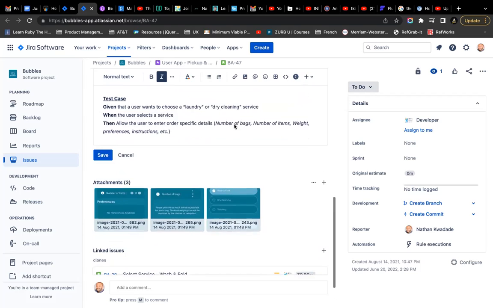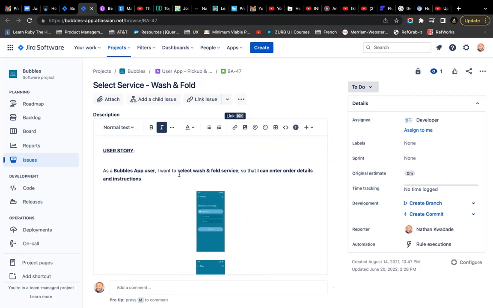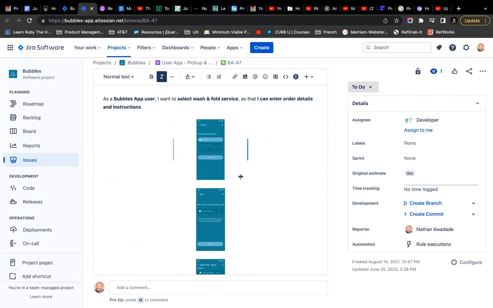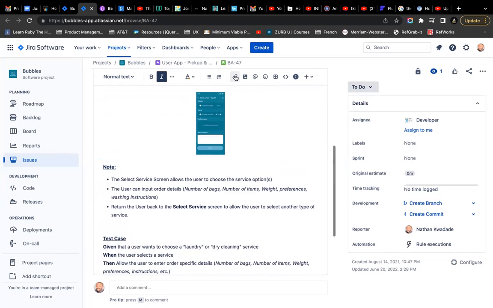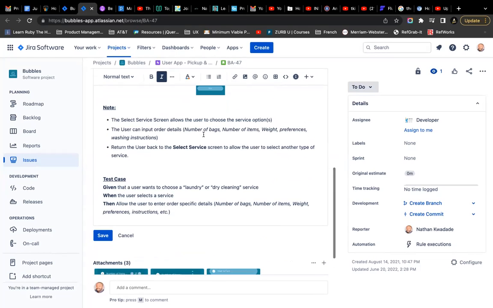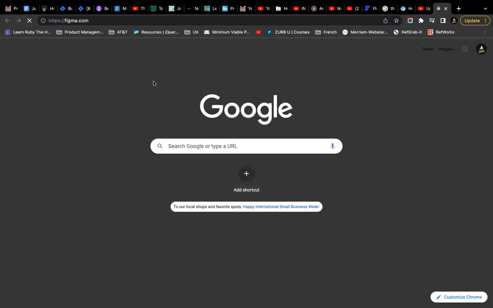So I write all these, so when the developer picks this up, they know, okay, this is what's supposed to happen here. In some cases, I can even be more detailed. I have a link to the design and all that, which maybe I should show you so you can appreciate it a bit more.